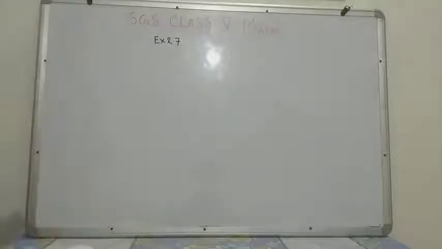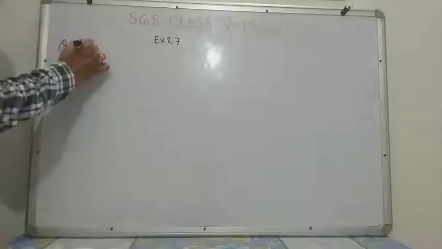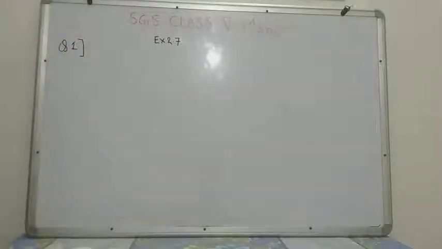In the previous topic, we learned how we can divide any large number. We also learned some properties for checking whether our division is correct or not. So in this video session, we are going to solve some questions from Exercise 2.7. Watch carefully, and try to solve by yourself after understanding.